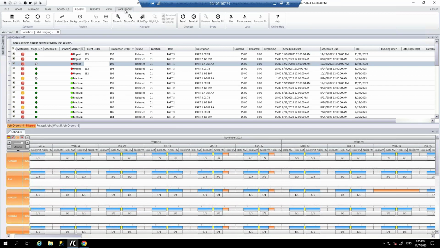We also have a workflow, and this allows you to create custom rules and have the rules predefined, if you like, preset. So you'll see your rules along the top here, and every day as you come in, you'll just follow those rules. A typical example would be a customer in the food industry where they need to schedule by allergens and formulas. So you can create those priorities, those rules, and have them appear here, and that negates the need to sort, group, and filter your data here.